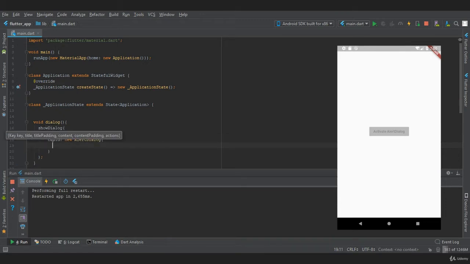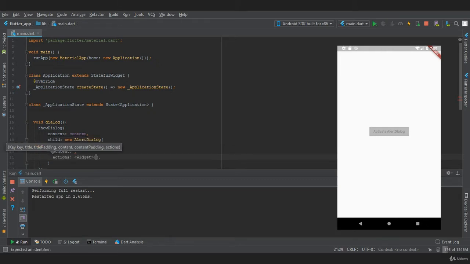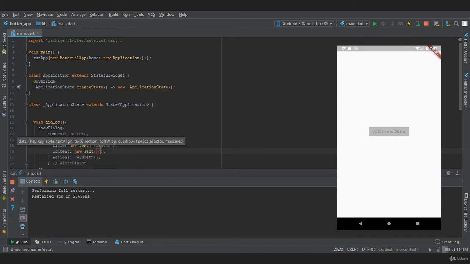In this alert dialog, we need to provide three properties. The first is title. The second property is content, which is the body of the alert box, and the third is actions. Now in title, we need to provide a widget. So we'll say new Text widget, and let's provide a string as Warning. And now in content, we need to provide a Text widget, and the content that we are going to provide,